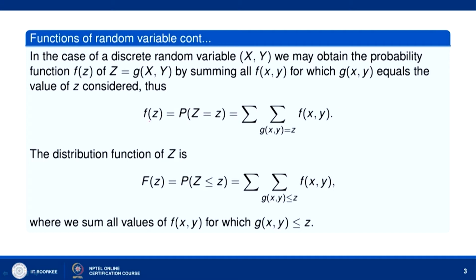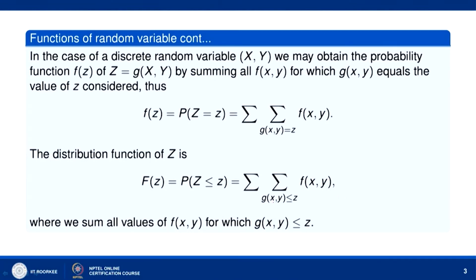That is, f(z), the probability that Z takes the value z, will be equal to double sigma f(x, y), where g(x, y) is equal to z. That is, sum of the values of x and y becomes equal to z. We will take the sum over all those values of x and those values of y, where the sum of x and y values give you z. The distribution function of Z will be F(z) equal to P(Z less than or equal to z), where we will sum over all those x, y